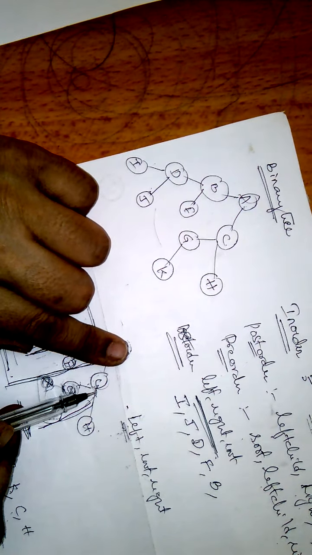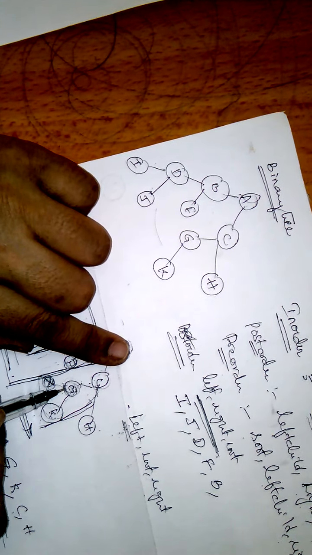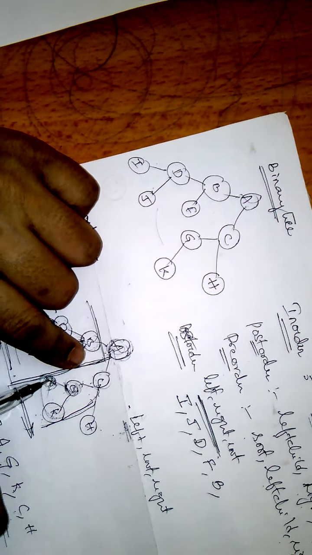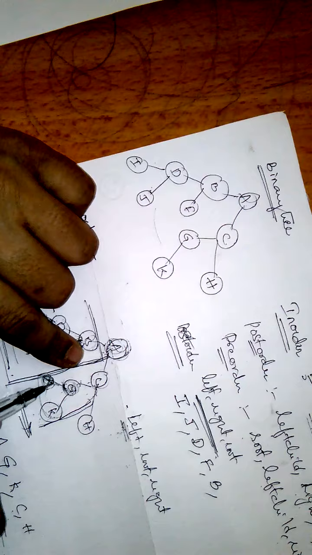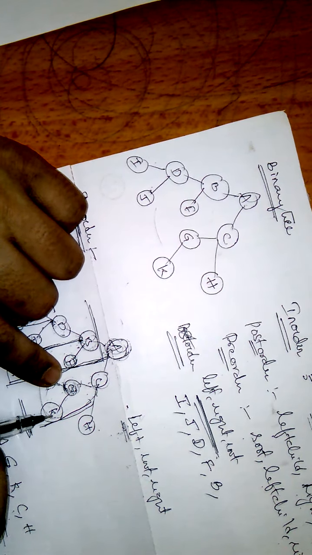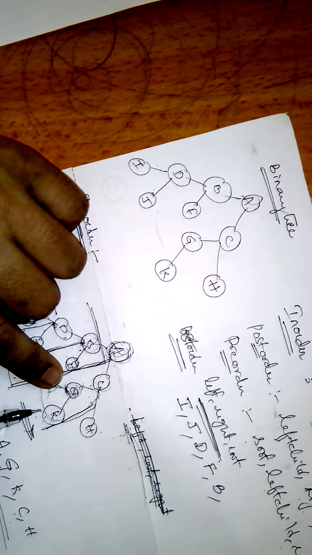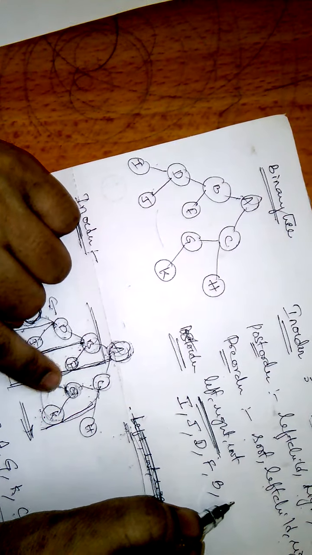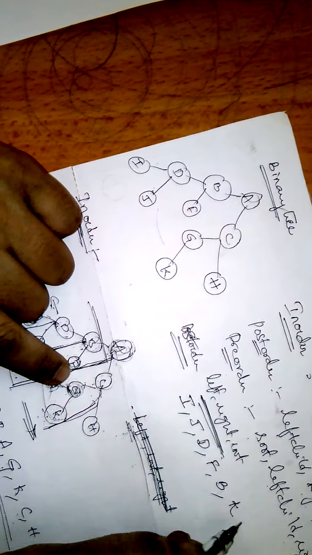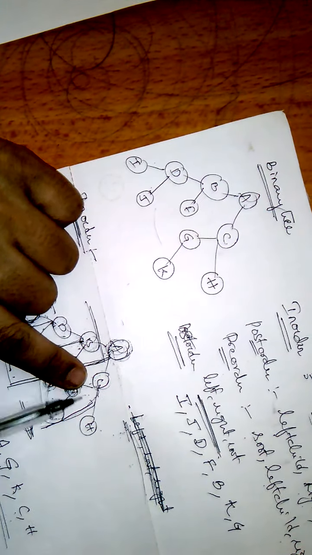C. What is C? Again parent. So what we have to do? Visit the left. So this is also parent, but first we have to visit left child. For this node G, there is no left child. So we are not visiting. Then next visit the right. What is right? K. So I am visiting K. So left and right are finished. Next root G. Now left subtree of C is finished.